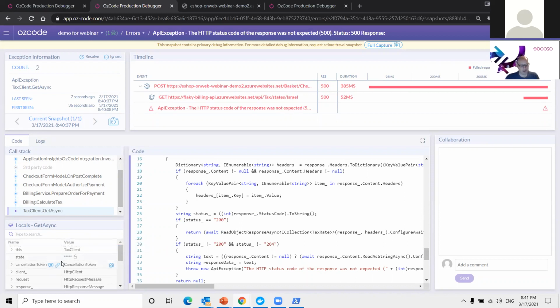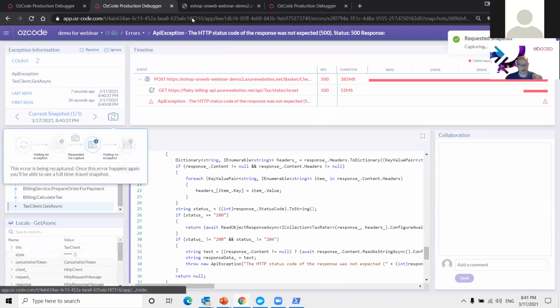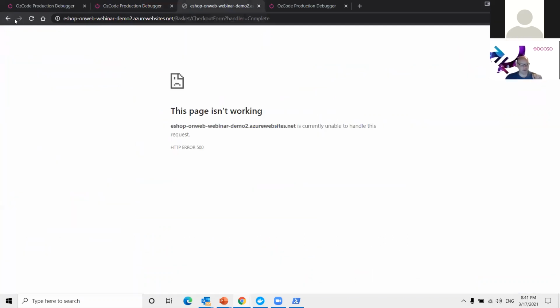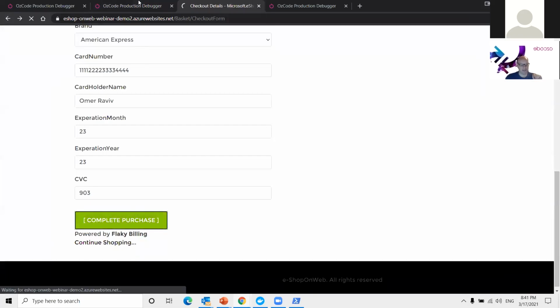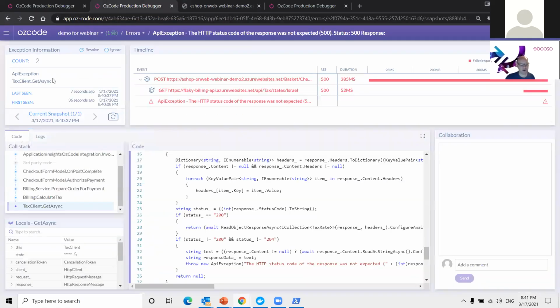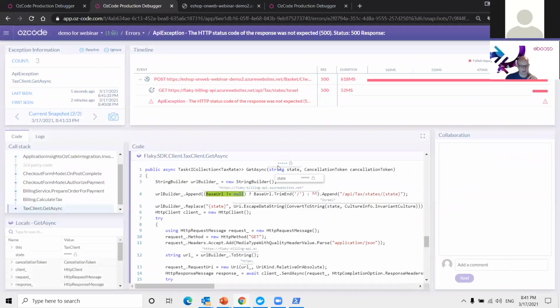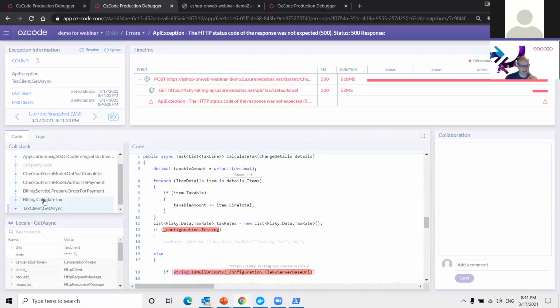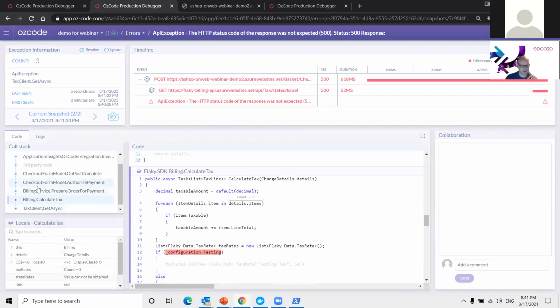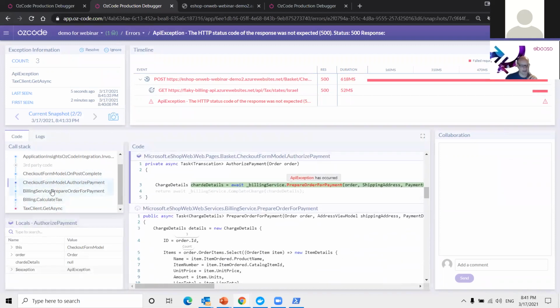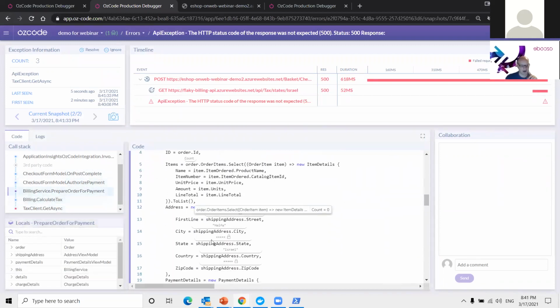So really cool tech. And then if we add the full capture aspect to it and reproduce this issue one more time, you'll see that the redaction is really all over the place, right? So now that the exception is fully captured, if I go and debug it once more, we see that state will not only be redacted here in the locals view and inside any of the items they're in, but it will also be redacted on the actual code editor.